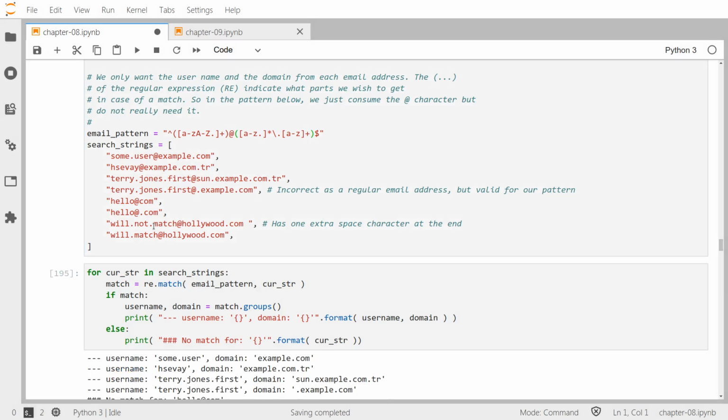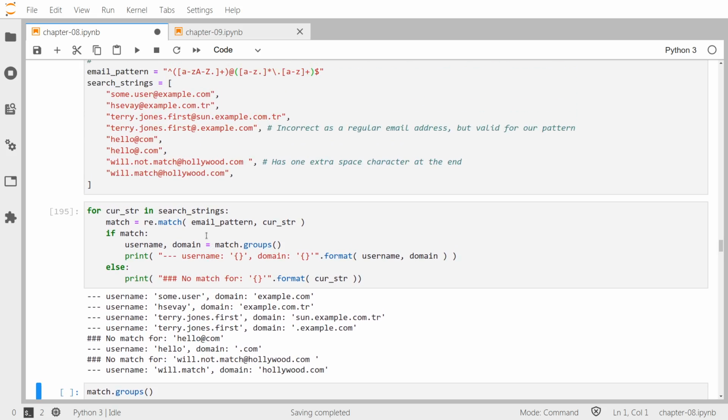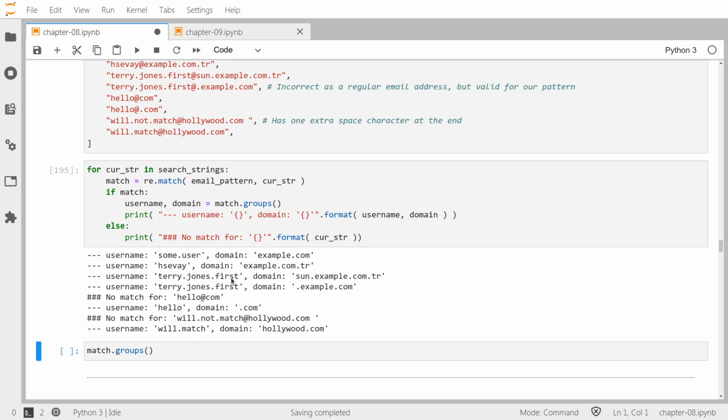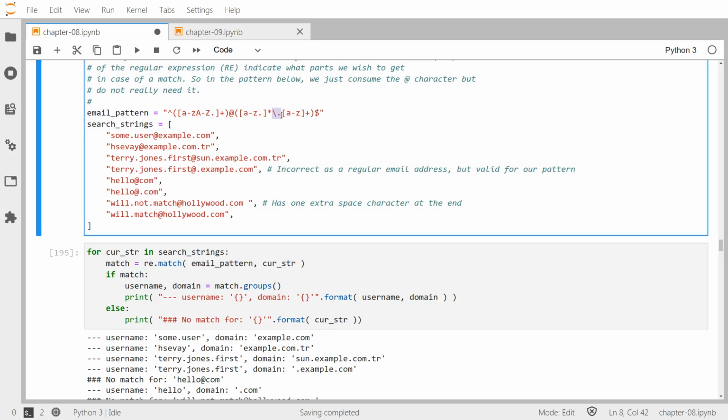So when I run these things through, I get all the matches. Username is this, domain is that. Let's see here. So Terry Jones first. See, it all matches because there are dots inside. But when I have hello@.com, it will not match because we have to have two parts here: a part followed by a literal dot followed by another part. So it has to have two parts inside the domain. It has to be something like Hollywood.com